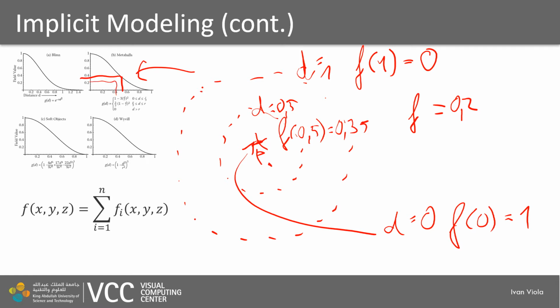So this is the distance 0.4, and 0.2 will be somewhere here. So this is 0.7. So the distance 0.7 is maybe somewhere here. So this is f equals 0.2, and